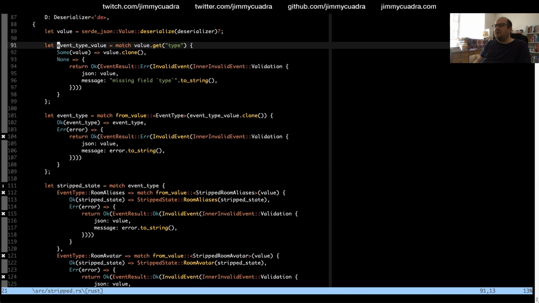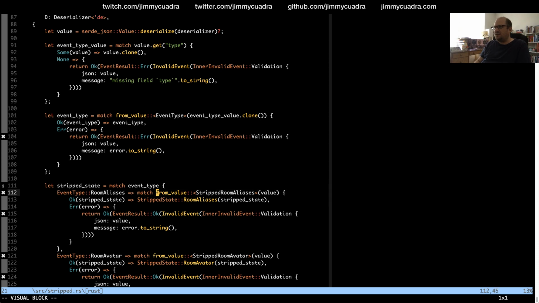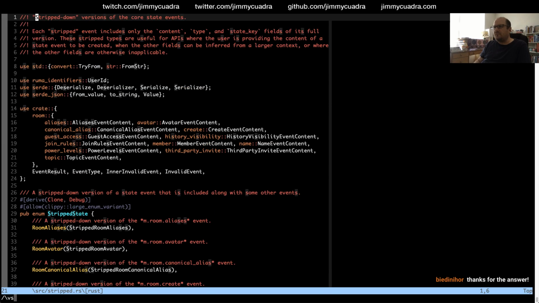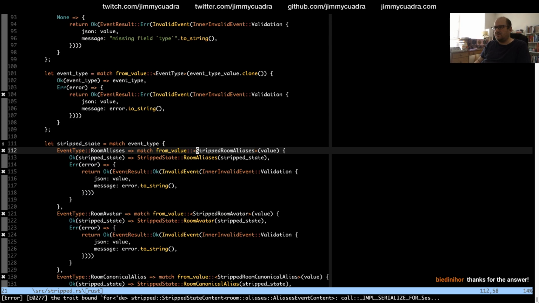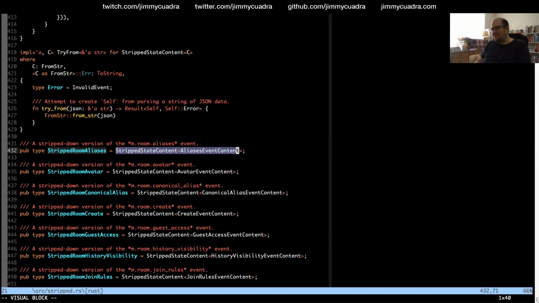So what's happening here is, on these match statements, I'm trying to deserialize the JSON into these, like stripped room aliases, for example. If we look at stripped room aliases, it's a type alias for stripped state content aliases event, and this does not implement deserialize, because that in turn now needs to be wrapped in this new event result type.